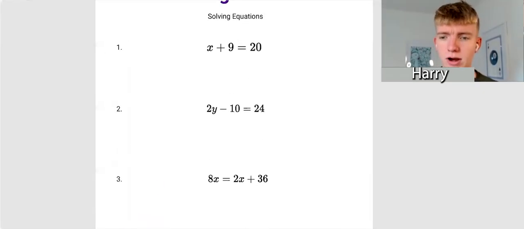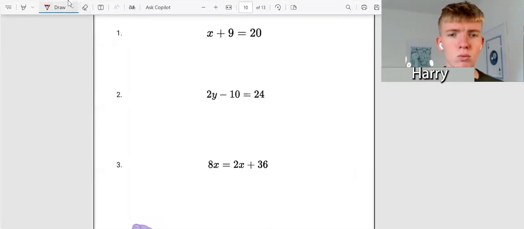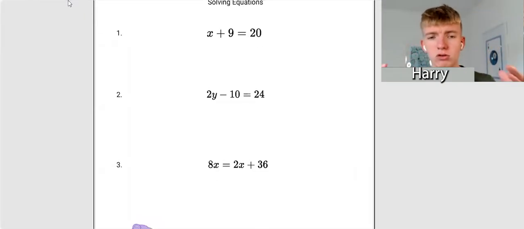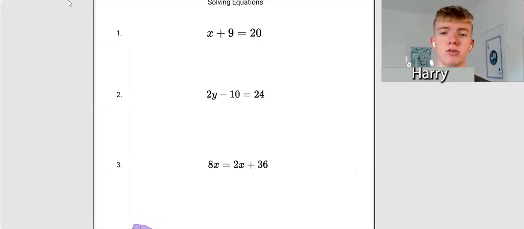Right. The next one is a very similar sort of thing. 2y minus 10 is equal to 24. We're trying to get that y by himself once again. And we have that 10. That pesky 10 is trying to cling on to him. At this current moment in time, he is subtracted from that 2y. So it's 2y minus 10. In order to get that 10 to the other side, we're going to have to add him on